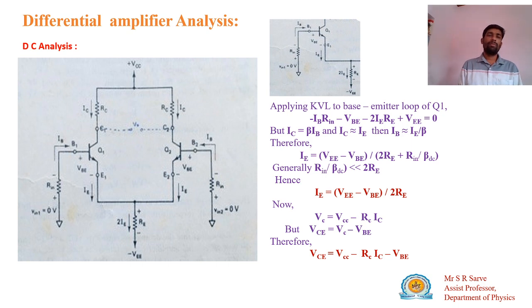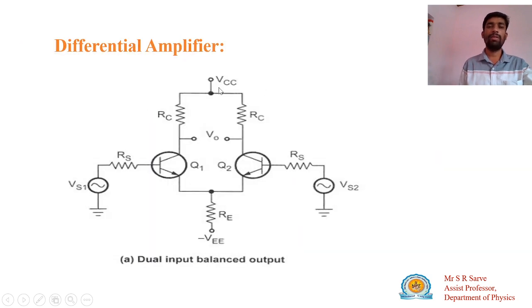Now we have to determine the parameters for this differential amplifier. So operating point parameters means what? If you plot the graph of a DC load line, what happens? Along the x-axis there will be the voltage across collector and emitter, and along the y-axis the emitter current, or you can take it as the collector current. So for DC analysis, what we have to do is, in this circuit there is a